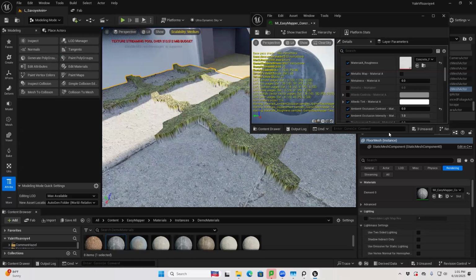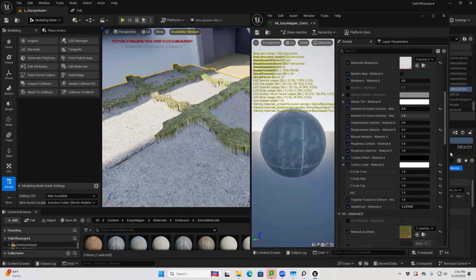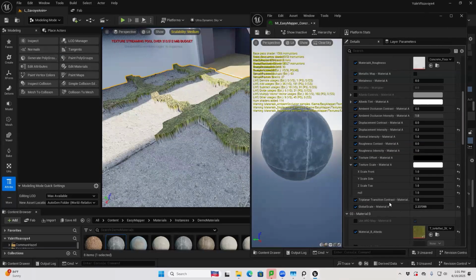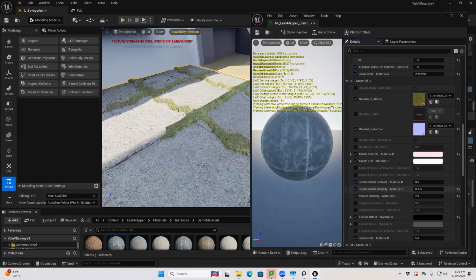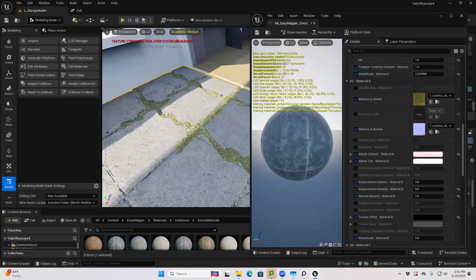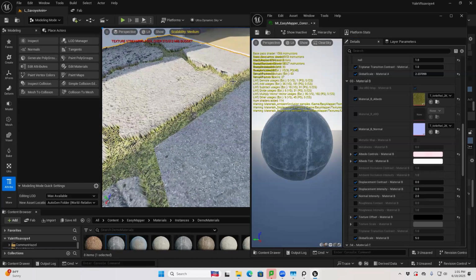But we have a lot of control over how these things displace relative to one another, right? So first and foremost, what I might do with my material B is change my displacement intensity and lower that quite a bit. And maybe really close to 0, if not 0 itself, right? Because I don't really have a displacement map for this, right? So now I'm sort of sunk into my